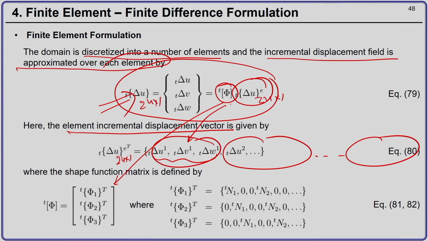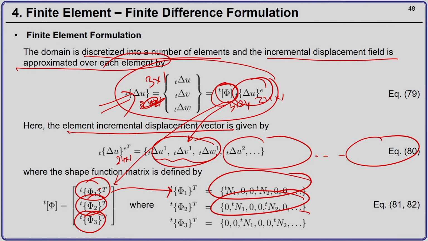Therefore, eventually you will have this, which is a 3 cross 1 at any point inside. So, there will be 3 displacements. So, this will be a 3 cross 24 matrix, okay, and this matrix is nothing but composed of the following subvectors, and these vectors can be written in terms of the shape functions of the n nodes of the element. So, N1, N2, all the way up to, say, an 8 noded element, so you will have till N8. Okay. So, this will be 0 N8 0, and this will be 0 0 N8 like this.